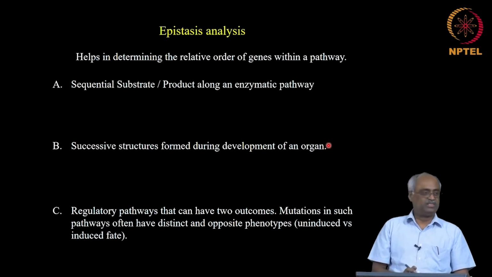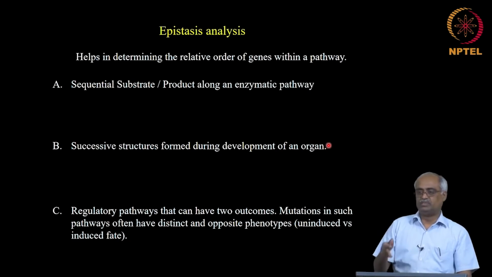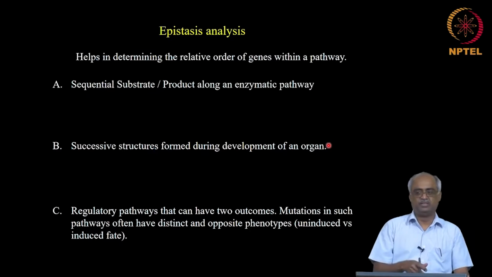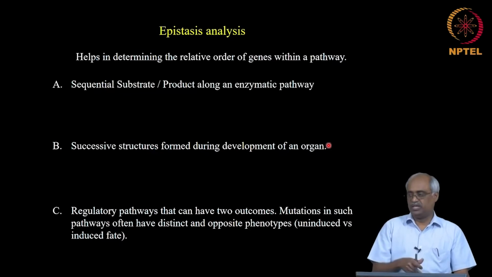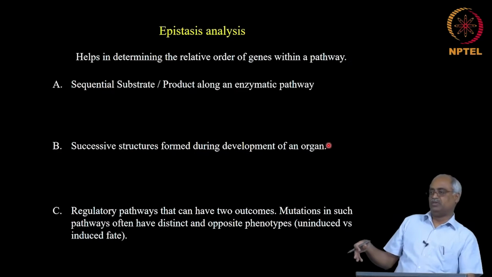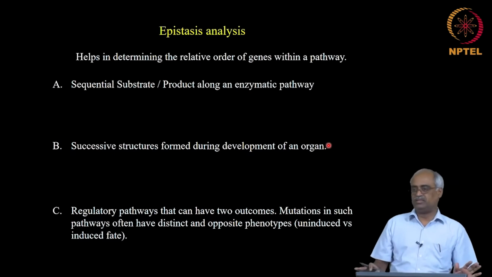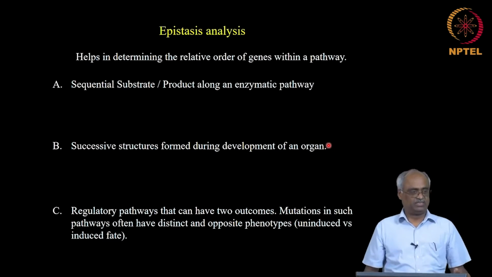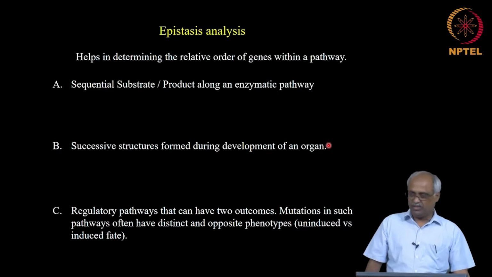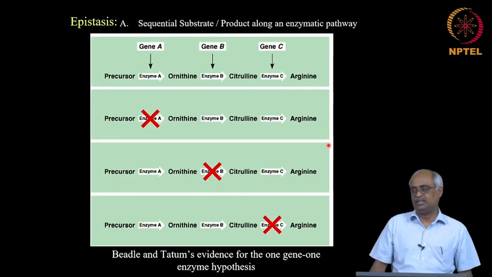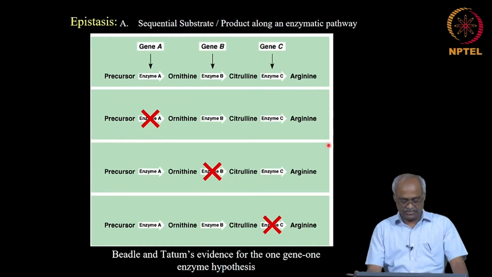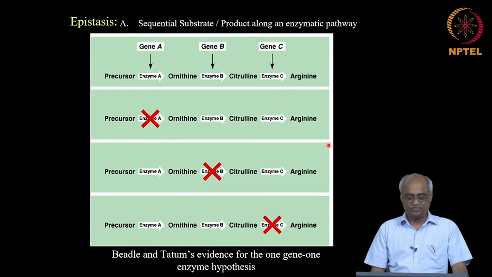So there could be multiple genes involved in it, like if you have intermediate steps, for every step there may be a protein, therefore there may be an enzyme, right, a gene, and loss of function mutations in any one of them may have the final outcome being the same, but you want to know which acts first, which acts second, and that is where epistasis helps. So how is epistasis done? It is extremely simple. This is a classical example, this is not from Scott Gilbert, this is from Campbell, okay. I used it in some other course and I took it from there and put it in this.